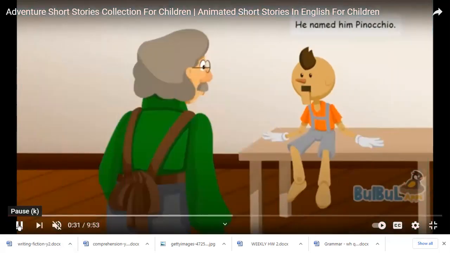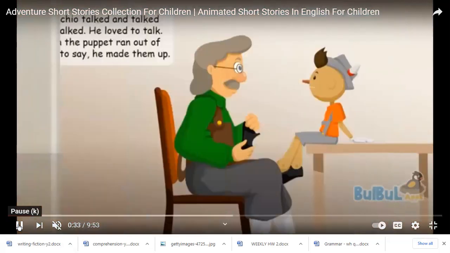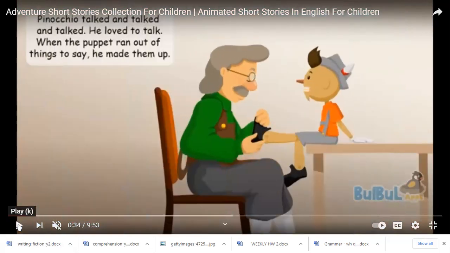He named him Pinocchio. So here we have another character, Pinocchio. Pinocchio talked and talked and talked. He loved to talk. When the puppet ran out of things to say, he made them up. He likes to speak and to say anything, and when he doesn't find anything to speak about, he just make things up. So here also you can find all the verbs in the past,